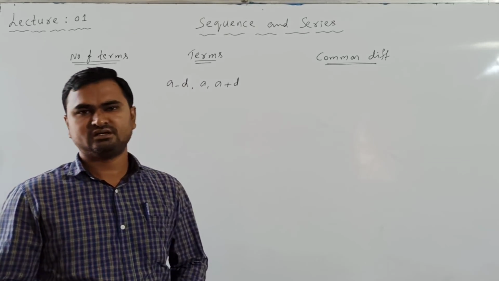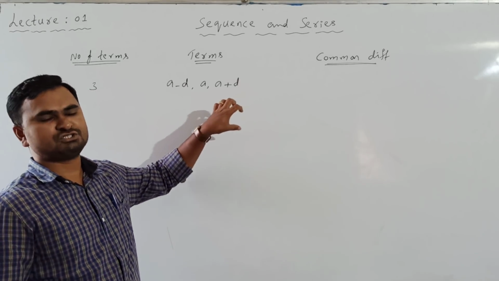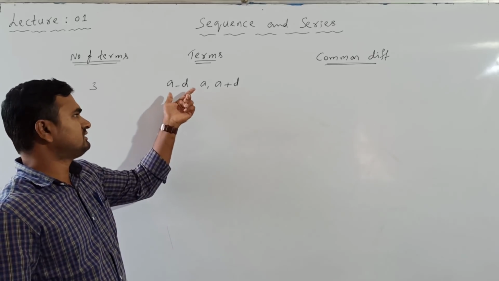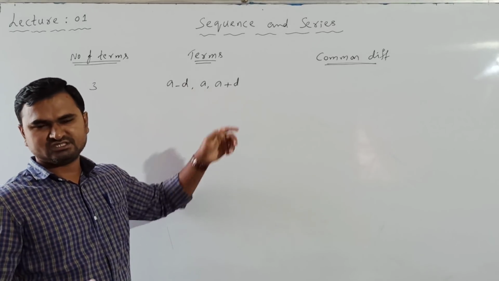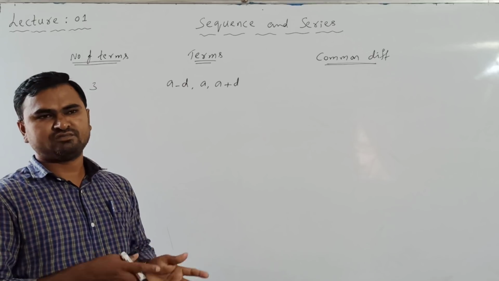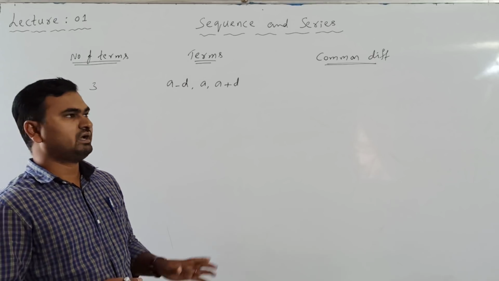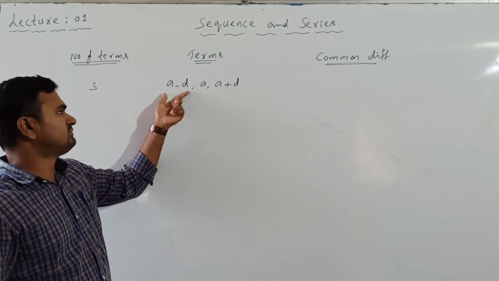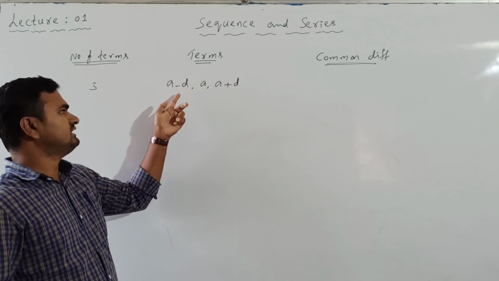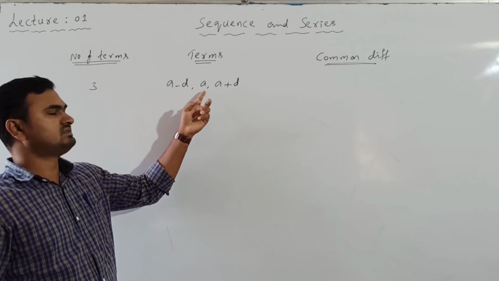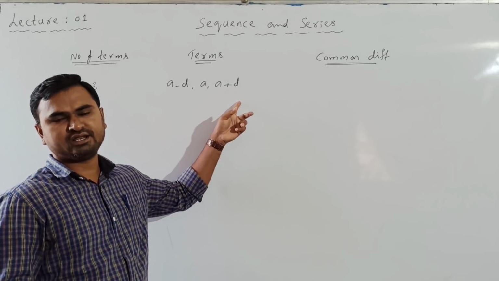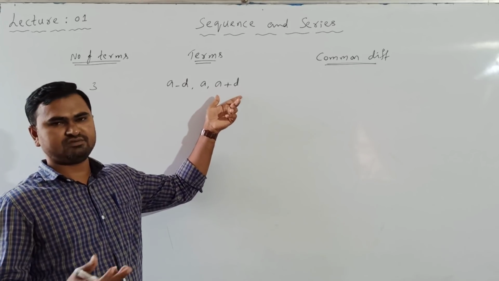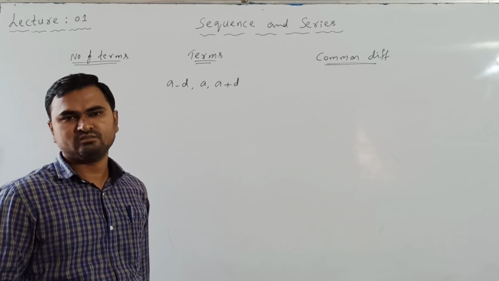You can take any three terms, as long as their definition is the same, so that they are in arithmetic progression. But sometimes in the problem it is given that the sum of the three terms is something and the product of the terms is some constant. If I take the sum of these terms, d will get cancelled and we get 3a. So one variable we are eliminating directly by taking the summation, and in that way our calculations will become simple.